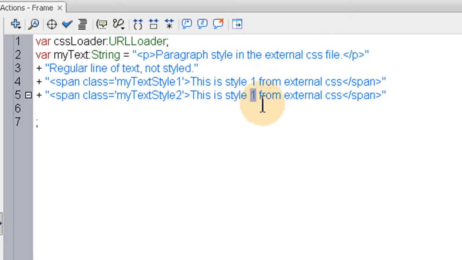Okay, now we have the string set up, and let's go ahead and close the semicolon off back here. That closes off the string. Like I said, normally these would all be in one long line, but you can set it up like this and it still works. Okay, so now we're going to set up the variable that's going to make a text field